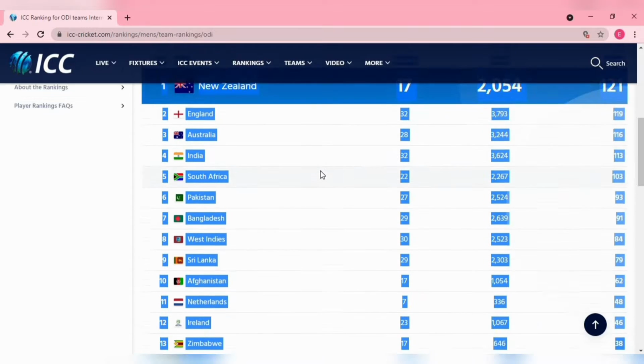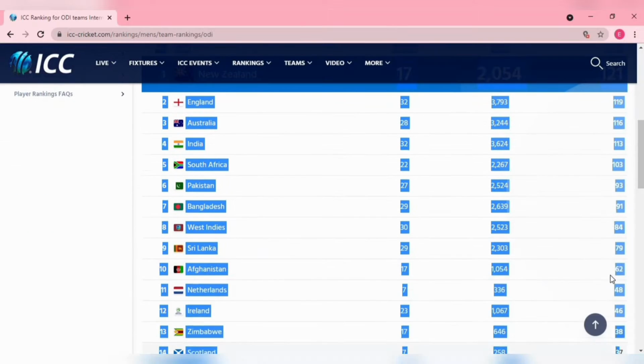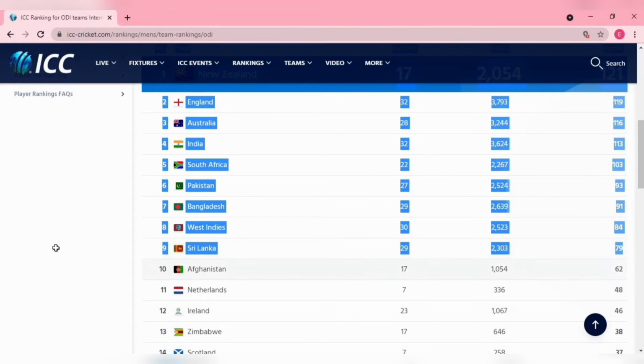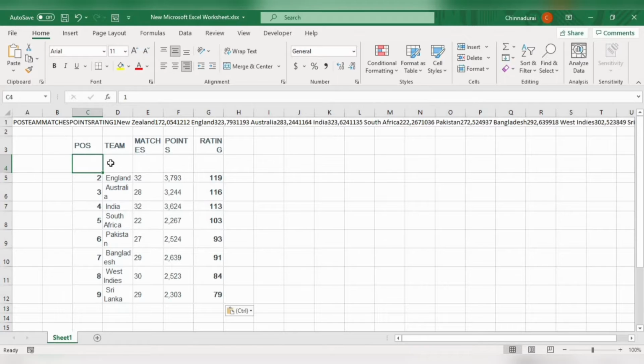If I copy just a few cells, it will come as a table, but some data you couldn't see here. So that is the problem with the normal copy paste method. The table will not be in proper formatting and sometimes it will be unstructured.